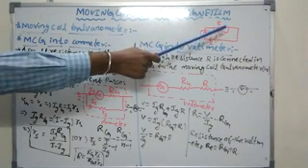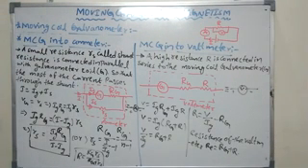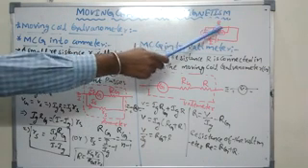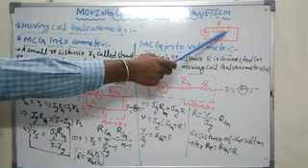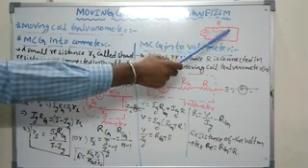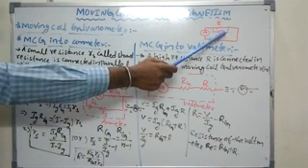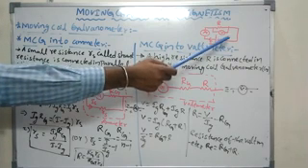How is this voltmeter connected? Parallel to the resistor. When a voltmeter is connected parallel to the resistor, it has less resistance, so it drags a certain amount of current. Then we cannot exactly measure the potential difference across the resistor. That is the reason we need to increase the voltmeter resistance.